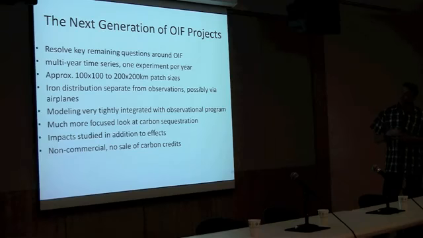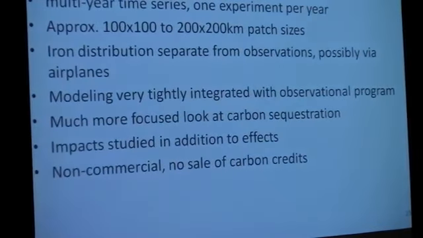Now people are proposing to go for multiple years in a row to the same place to get a sense of what the variability is year to year, and to scale up to, say, 100 by 100 kilometers or 200 by 200 kilometers, pretty big patch of ocean. But just really about the size of the medium scale eddies that operate, and you want to center these patches in the middle of eddies to constrain them and so you get a better view of what's happening. They'll want to start separating the iron distribution from the observation of that, using a lot more modeling to really understand all the processes that are happening to design the experiments themselves,